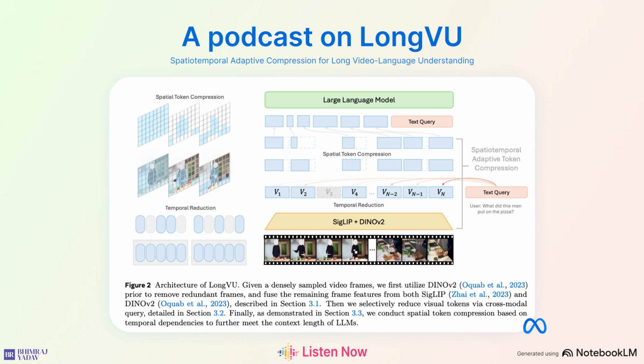Well, remember those redundant frames we talked about, those long stretches where nothing much is changing? Right. DynoV2 helps LongVU identify those sections and compress them without losing important information. It's like summarizing a paragraph into a single sentence, keeping the core meaning, but removing the unnecessary words. That makes sense. So DynoV2 helps LongVU become a master of efficiency, but we still have to connect those visuals